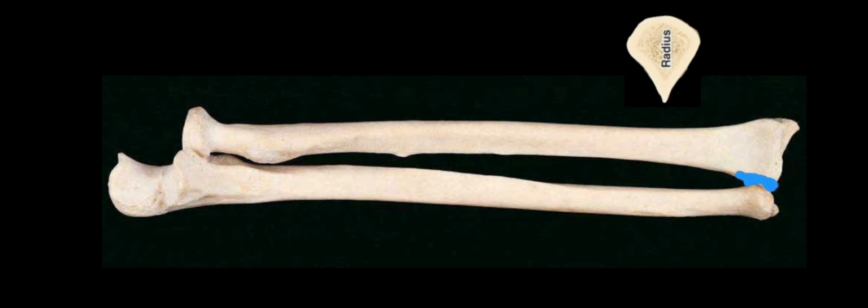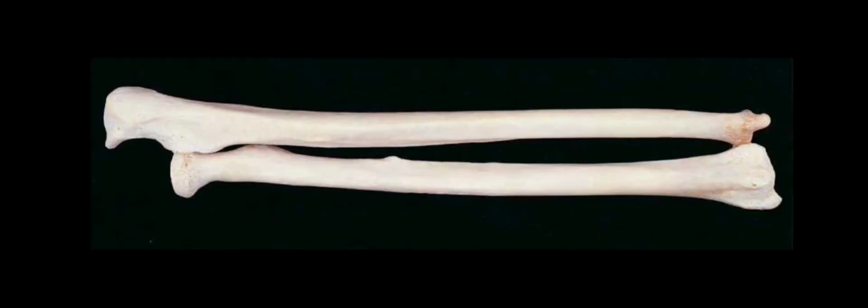As I already mentioned, ulnar notch is present in radius and radial notch is present in ulna. The ulnar notch gives attachment to the head of ulna to form inferior radioulnar joint, and at the lower margin of the notch there is attachment of the articular disc of the joint. And next, the posterior surface.